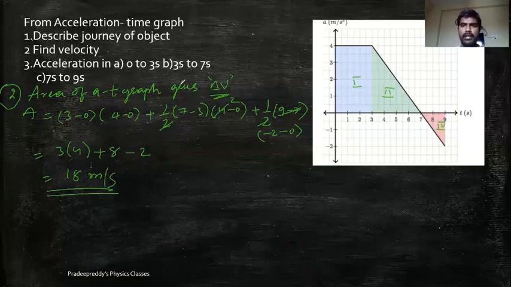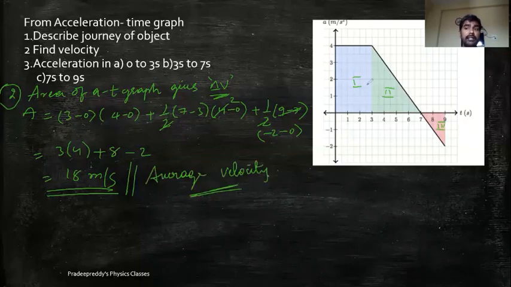So the final average velocity, and remember that this is average velocity. It is not instantaneous velocity, it is average velocity. So you cannot get instantaneous velocity from this method. You should use integration and differentiation for instantaneous velocities. Always, graphs give you average values. And next, coming to question number 3.